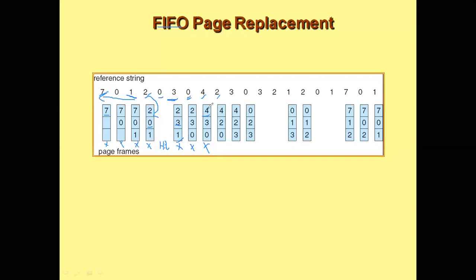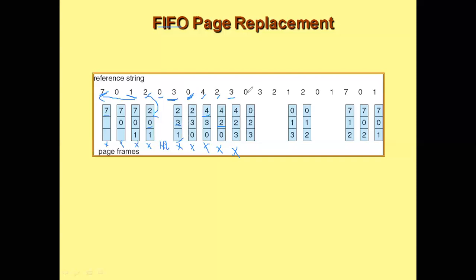Coming to 2 here, 2 is not in the main memory. So this is also a page fault. Now which one should you replace for 2? 4 was recent. 3 was the oldest one because 0 sits in between, right? So you have to replace 3 with 2. Now coming to the next page, 3. 3 is not in the main memory, so this is a page fault. Now which one should you replace? You can't replace 2, you can't replace 4, you should be replacing 0 because that was the first one which came.